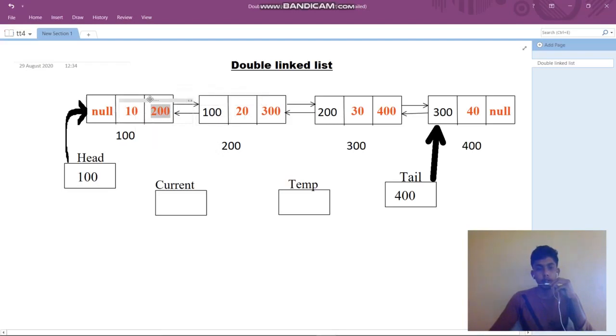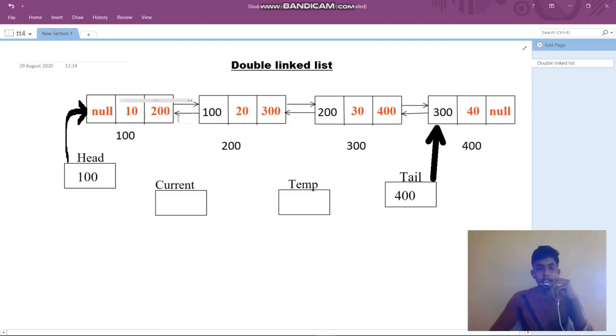So 200 will be stored here. It will link from the head, and then the control will go to 200. It will pass through the link address, and we can access the elements. In the same way the next node address is stored here, and 400 will be stored here.